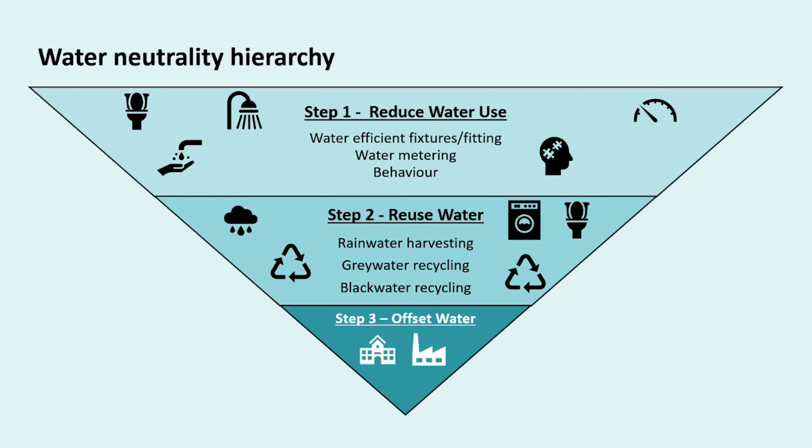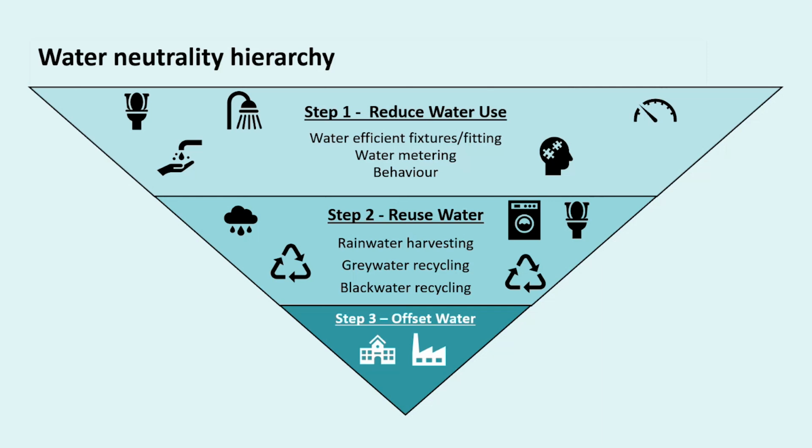That can be achieved either through direct offsetting, where a developer pays for reductions in existing water demand at existing properties to offset against the new demand. It could be achieved through the purchase of credits from a water offsetting scheme such as SNOWS, or the one that's being developed in Cambridge. It might be through the development of an alternative water supply.